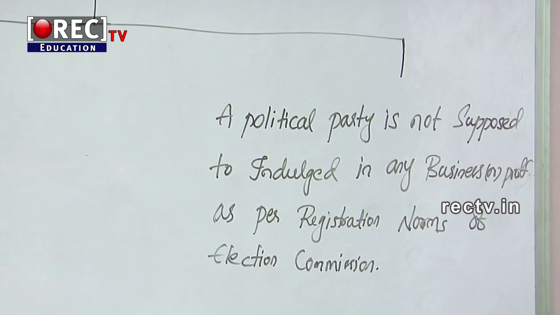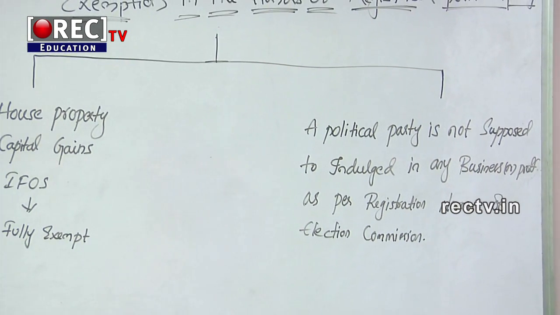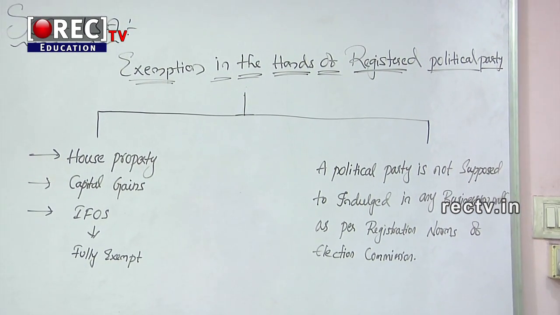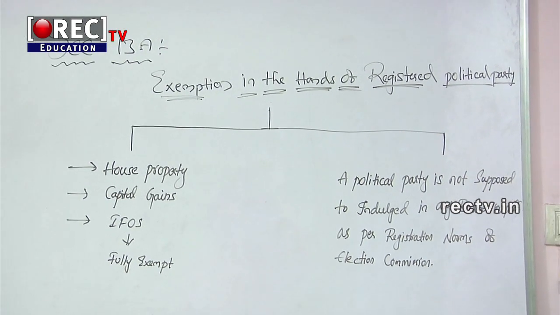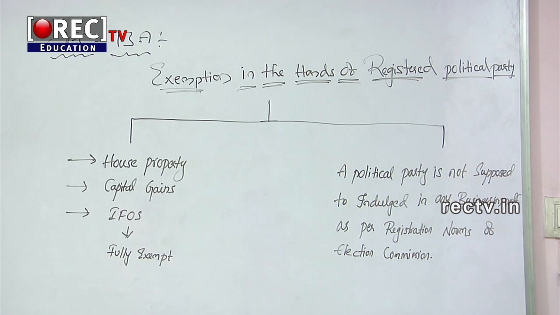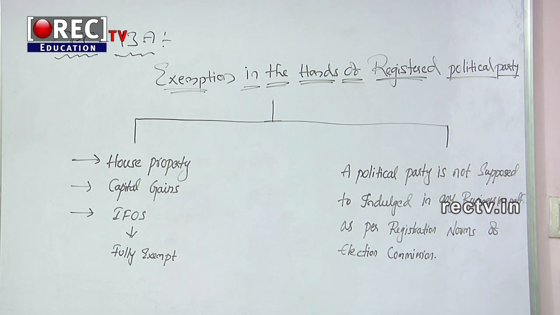Here we have some notes. Let us see. Section 13A exemption is available only in the books. Only the books of accounts are subject to audit. A political party can avail 13A exemption only if it is a registered political party. It means the political party must be registered. A political party has to maintain the complete name and address of donors making a donation of a sum greater than or equal to 20,000. This is all about section 13A.